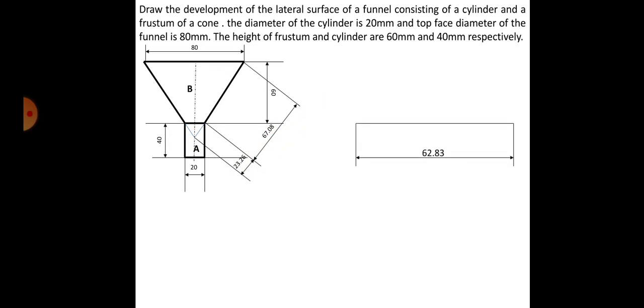Okay, now I want you people to tell me, I mean, of course you can't tell me directly, but you have to think, how did you get this length 62.83 for the cylinder? Okay, the cylinder data is given here, right? The diameter of the cylinder is 20, height is 40. So when I open this particular cylinder, of course it will look like a rectangle, isn't it? I will get a sheet. That sheet has been rolled in such a way that it has become a cylinder of 20 mm diameter and 40 mm height. Now when I open that cylinder, what is the length that is required?